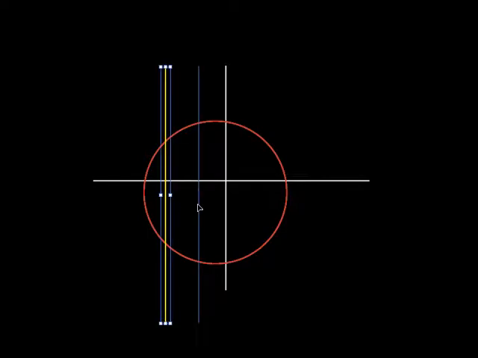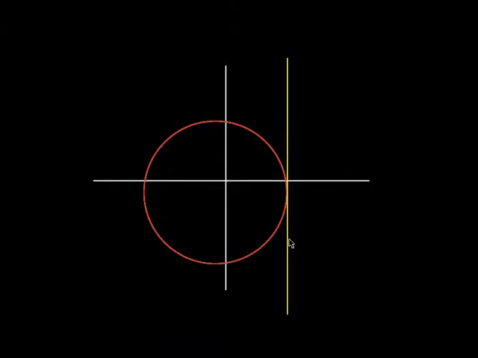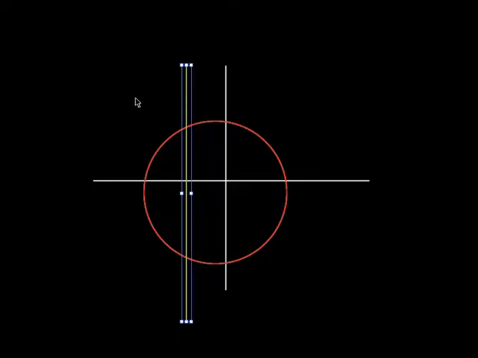No, it's not, because remember I have to be able to draw a vertical line anywhere on this graph, and if it hits more than one point, then it's not a function. Some people say, yeah, but what if you drew the vertical line right here? That would be a tangent. Very good. It only hits the circle at one point, but I should be able to take that vertical line anywhere on this graph, and it should only hit at one point. But look, I just put it right there, and it obviously hits at 2 points, so this is not a